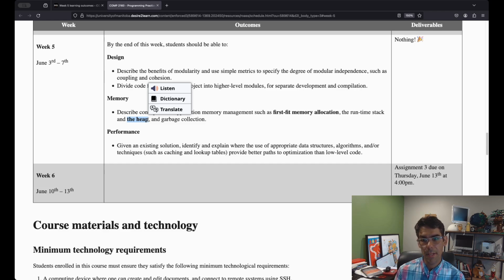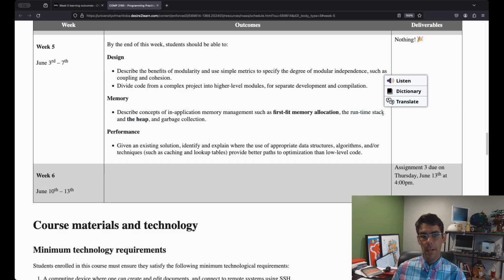So we were thinking about things like the lifetime of values that are being allocated in the heap compared to those that are being allocated on the runtime stack. You were already assessed on the runtime stack on the term test, so you may have some sense of what you could see about the runtime stack on the final exam.